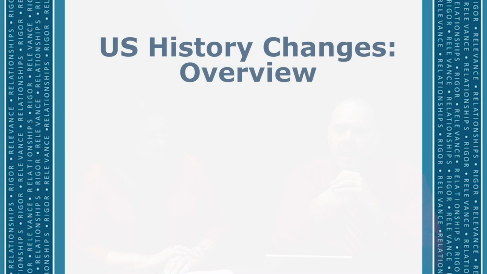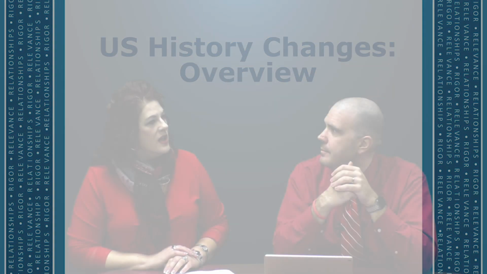So you ended up as one of the chairs of the United States History team. One thing I noticed in going over the 2007 standards versus the 2019 standards is that at those three grade levels, 5th grade, 8th grade, and high school, it doesn't appear that the number of standards has grown or shrunk considerably. So if that's the case, what exactly did change with U.S. history? Most of the changes that we see at all three of the grade levels are pretty subtle.